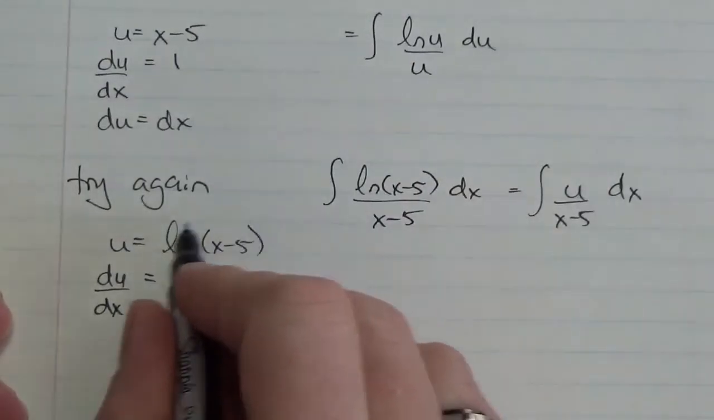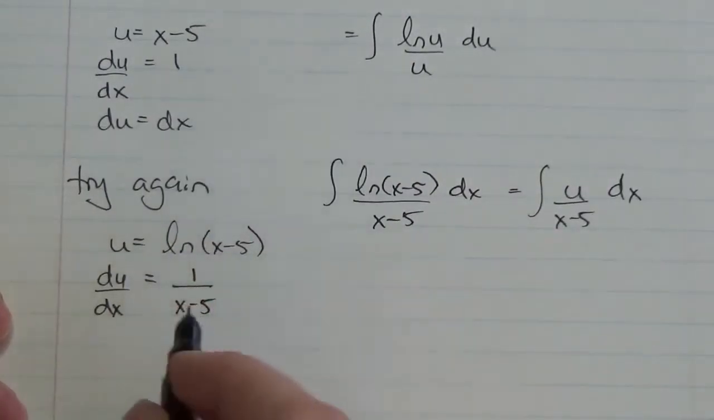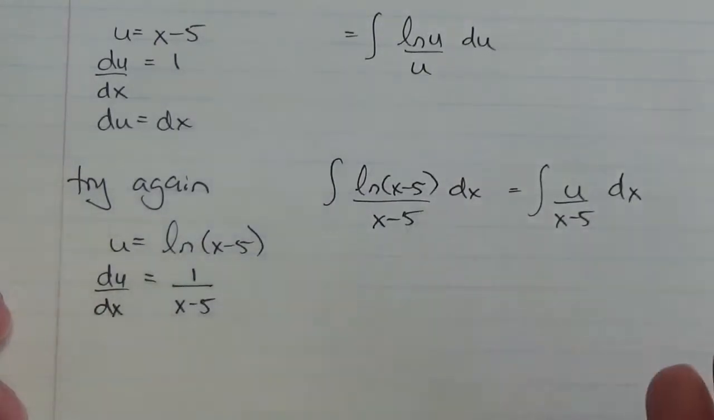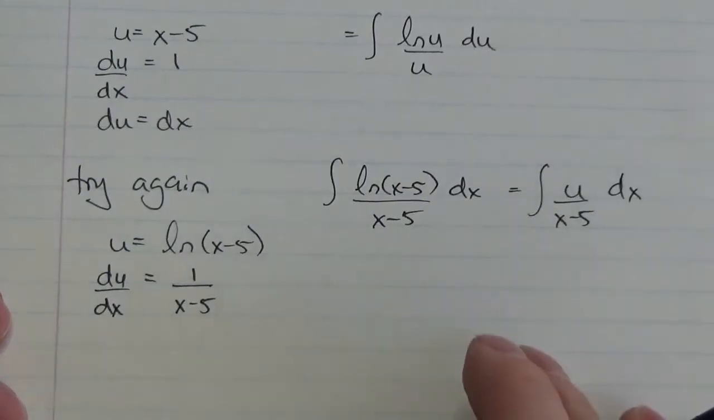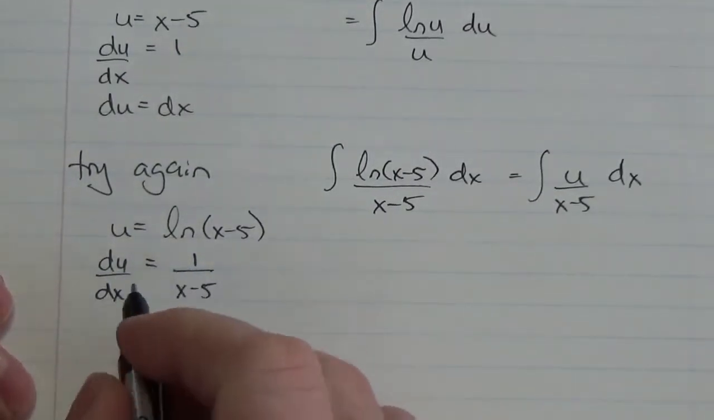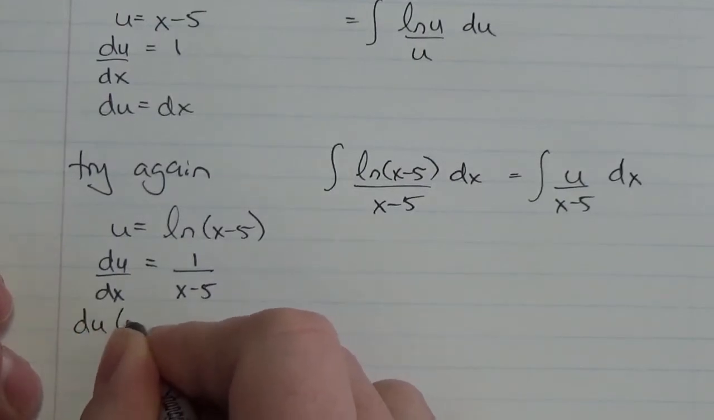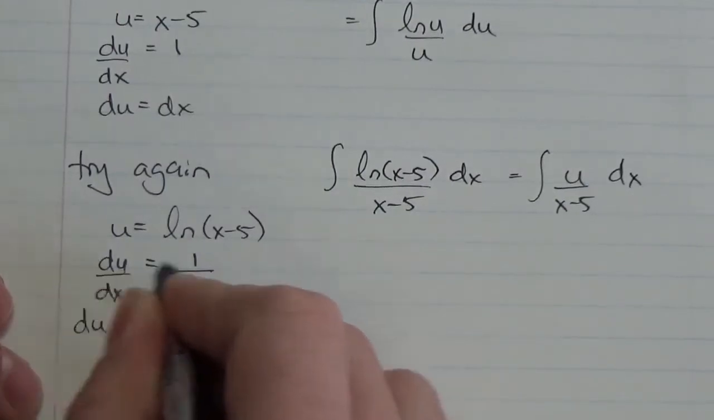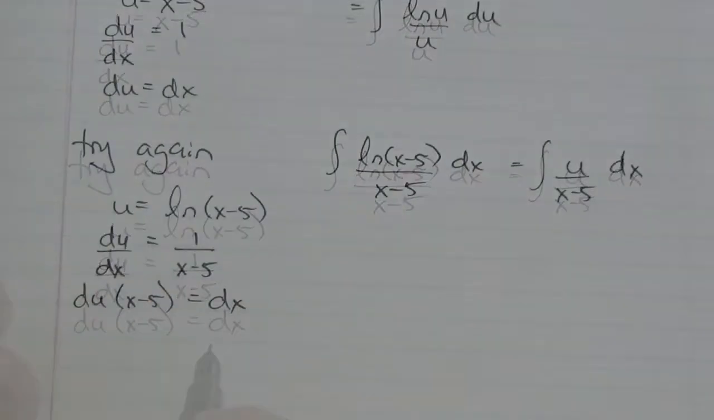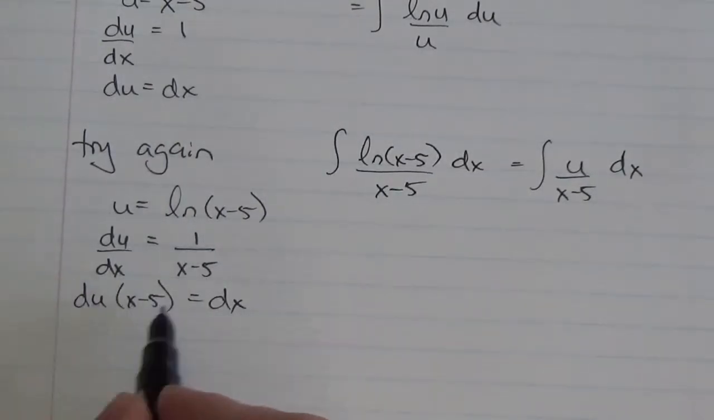And remember, the derivative of the natural log is going to be 1 over the argument multiplied by the derivative of the argument, which in this case is just going to be 1. And actually, I'm starting to feel really good about that because I know that when I solve for dx, I am going to end up multiplying both sides by x minus 5 and both sides by dx. So now that we've got the differential with respect to x written in terms of the differential with respect to